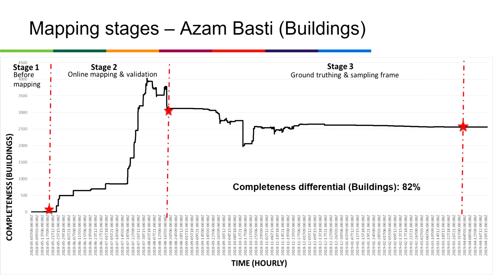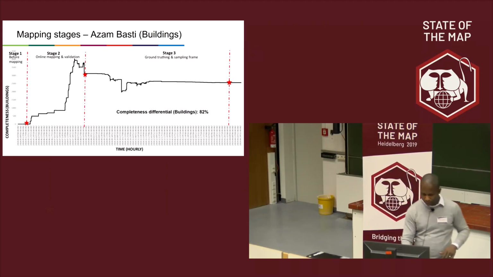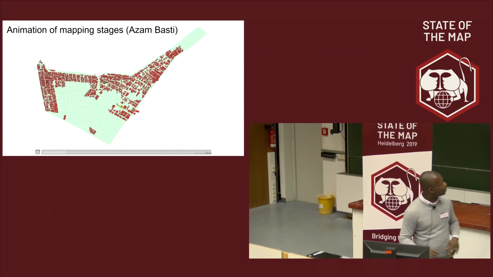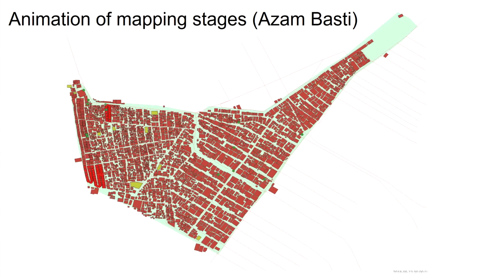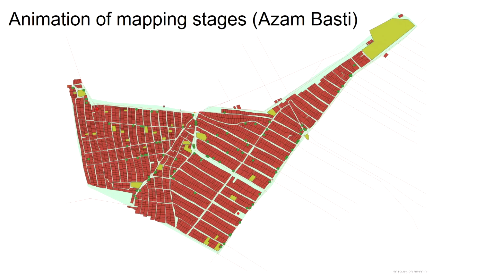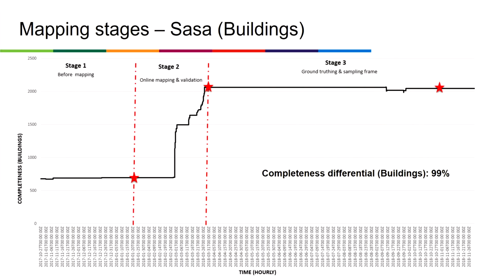I wanted to show you what actually happened. Because we had a problem with the interpretation of the satellite imagery, the geometry, or should I say the map, in stage 3 is slightly different from the map in stage 2. Here it starts, stage 1, and stage 2 goes on, but from left to right, you see a complete change. That's the problem with the interpretation of the satellite imagery causing this change, because almost all the features digitized, the buildings digitized, changed.